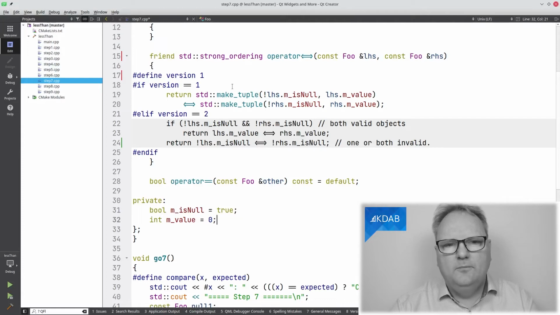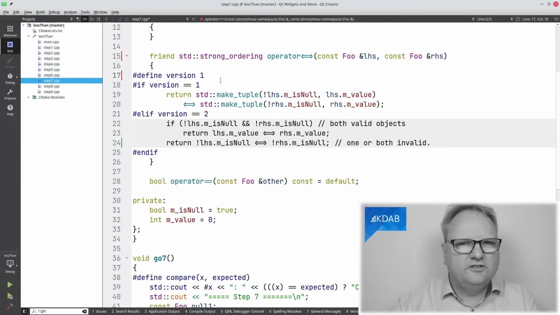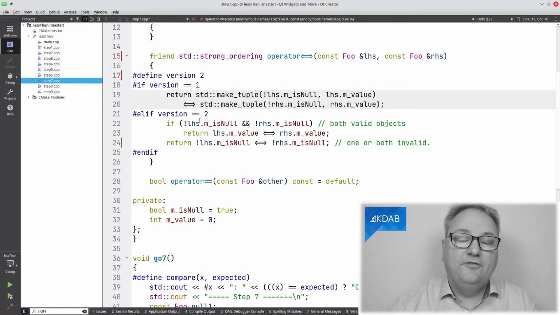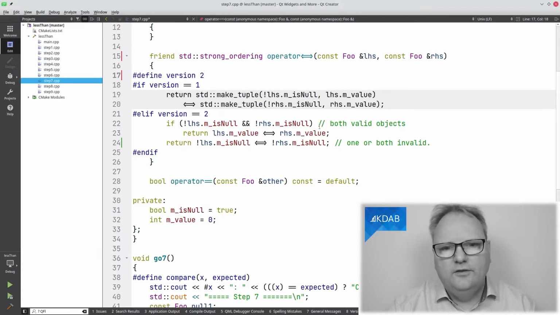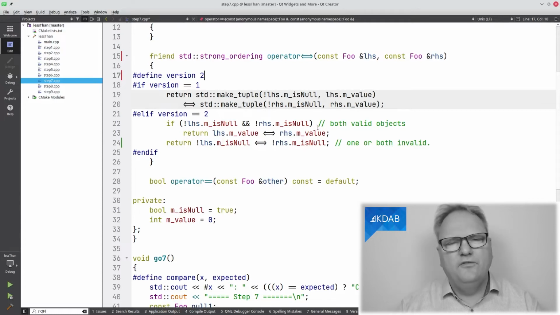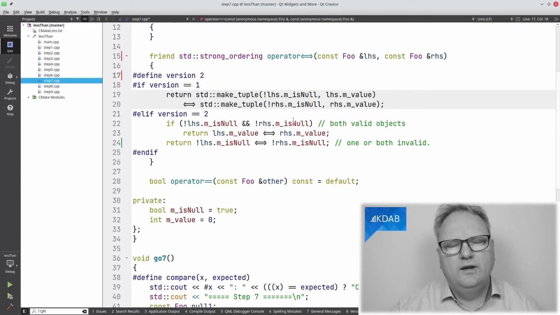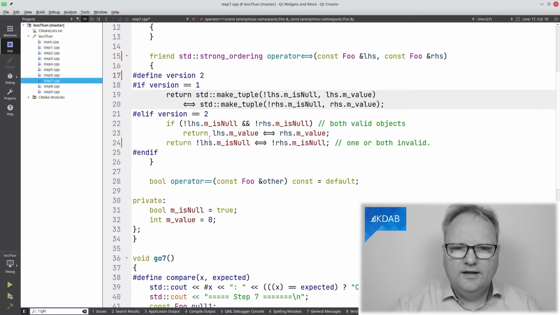So maybe going back and making it less magic, just implement something that looks like this. If the left-hand side is not null and the right-hand side is not null, meaning both of them are valid partial dates, or both of them are valid, just the integer down here, objects, then I will go and compare those objects here. And had there been a bunch of them, I would do my regular step-by-step comparing of them. Otherwise, if one of them is, then I'll go and do this here.